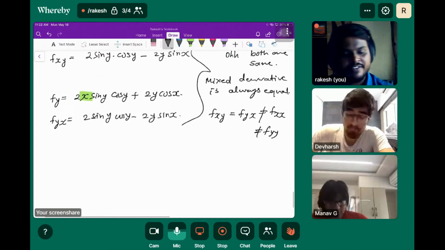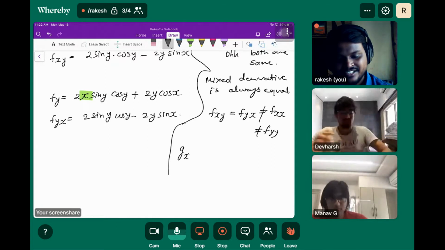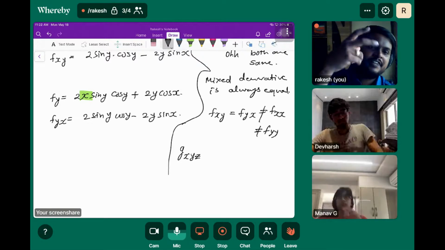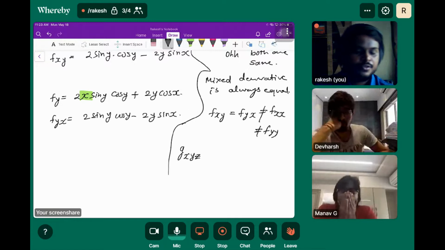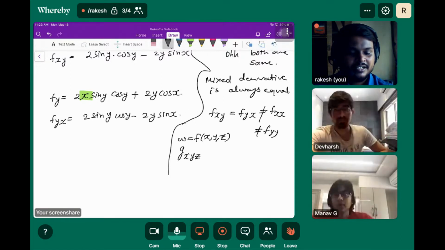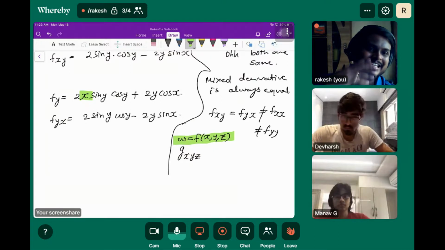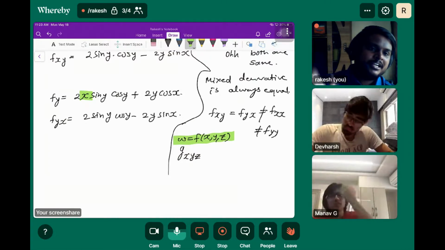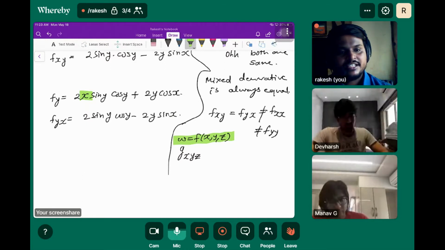In terms of three independent variables, let's say x, y, z, the dependent variable is considered as w. Like w is equal to f of x, y, z. I didn't explain this before because I didn't want you to be confused. If we are discussing three independent variables, then the dependent variable is considered as w.